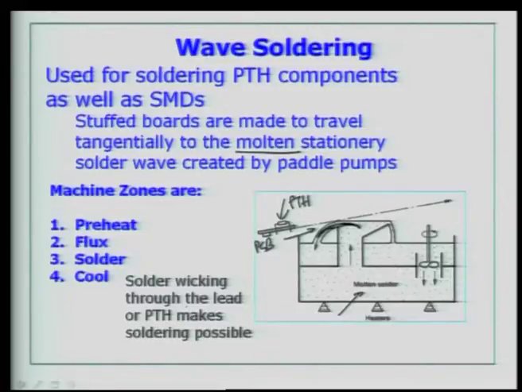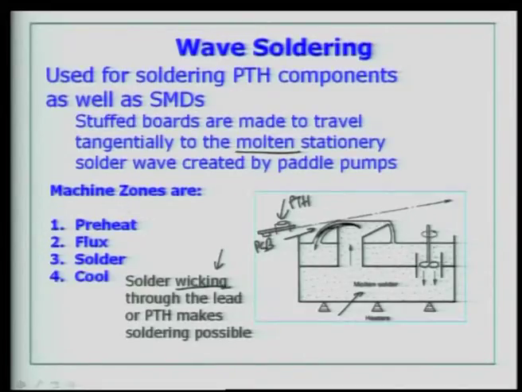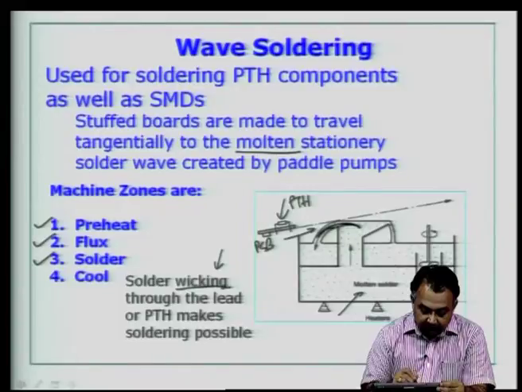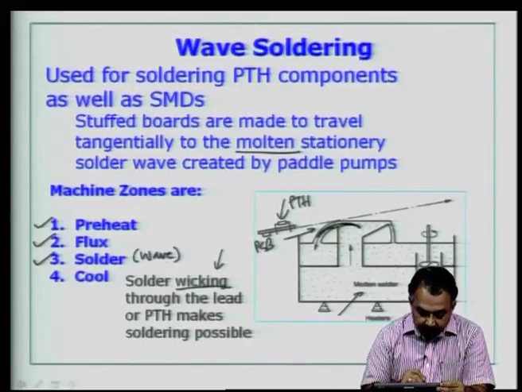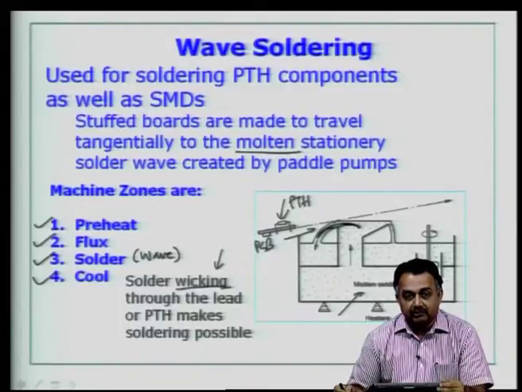and using a solder wicking process through the lead or the plated through hole, the soldering is established and thereby an electrical connection is established. Here we are talking about a complete wet joint, and we are concerned about the reliability at this stage of the through hole assembly. Now, the machine zones in a wave soldering equipment are preheating the board, applying the flux, applying the solder through the wave,